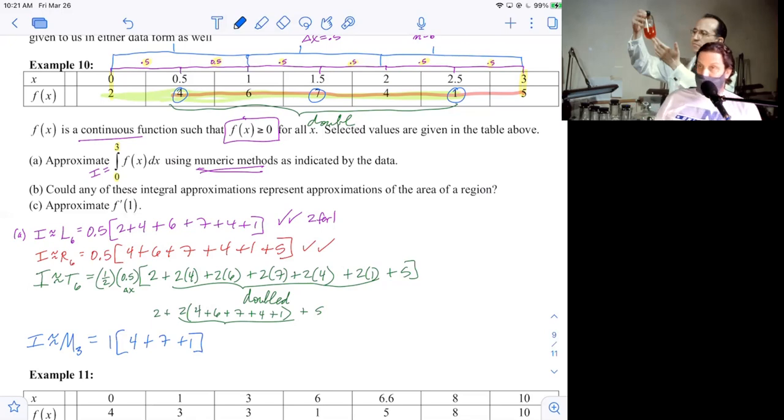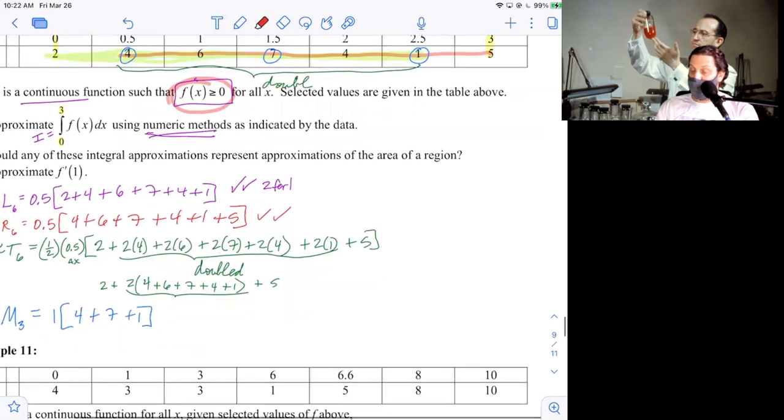So in order to have a positive area, you need all of your y values to be positive, okay? Are all of the y values positive? The ones we see in the chart are, but are the ones that we don't see also positive? Well, that's where this comes in. It actually tells us right there that f of x is greater than 0 for all x. So yes, because area has to be positive, we'll just say yes,